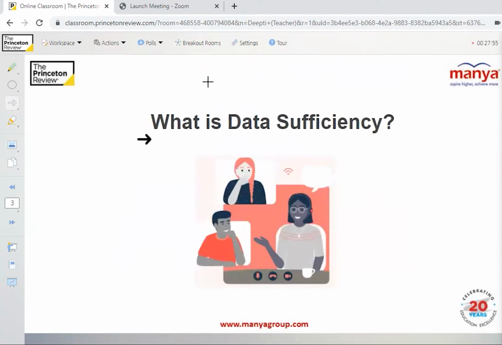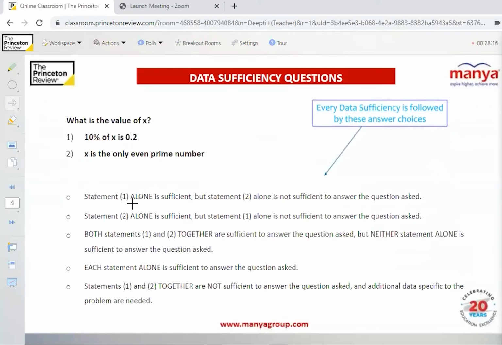Many test takers feel that data sufficiency questions are weird and much harder than the problem solving questions, as the format is entirely different. However, once you get familiar with the format, data sufficiency questions won't seem so bad. The format of such questions always remains the same. There are two types of data sufficiency questions, but before we discuss them, we are going to see what data sufficiency questions look like.